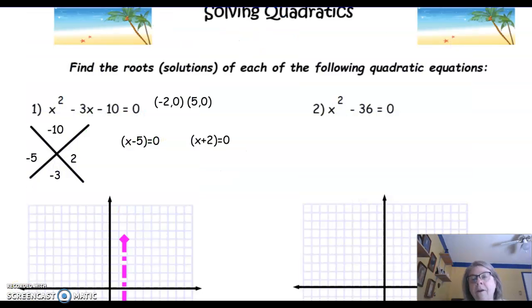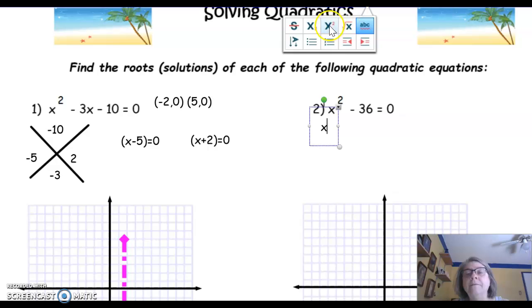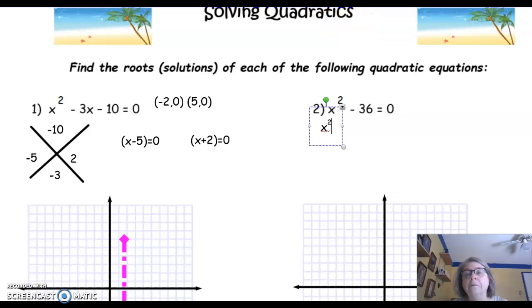All right, we're going to look at problem 2, and you'll notice that problem 2 has only 2 terms instead of 3. So I'm going to rewrite this, I just need an x term. Since I'm not seeing an x term, I'm going to retype this as x squared plus 0x